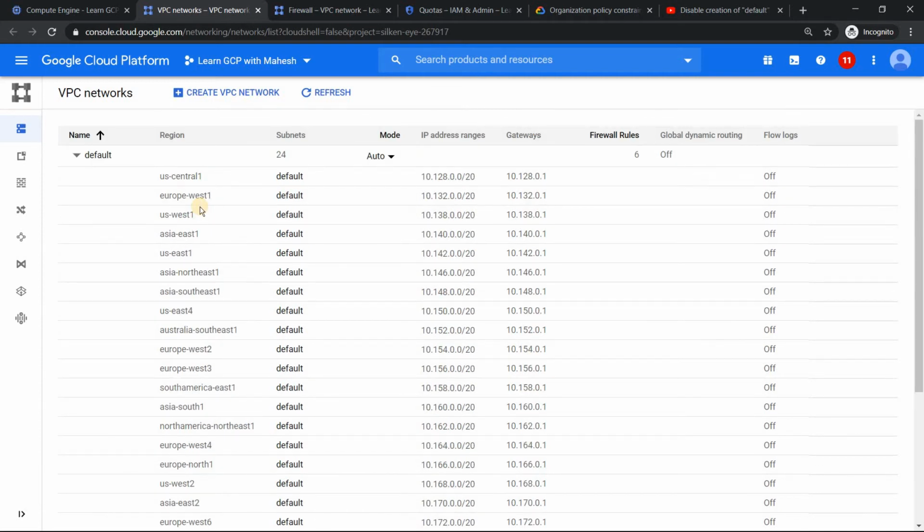It's a security risk. So this is the first reason why you should not use default VPC in production. Meaning, in very simple terms, if your organization has a presence only in, for example, Singapore and US Central, and you don't have any presence in any other part of the world, why should you open up a subnetwork in Mumbai? Why should you open up a subnetwork in Tokyo? It's redundant and it's also always inviting troubles. So that's the first reason you should avoid using default VPC in a production system.